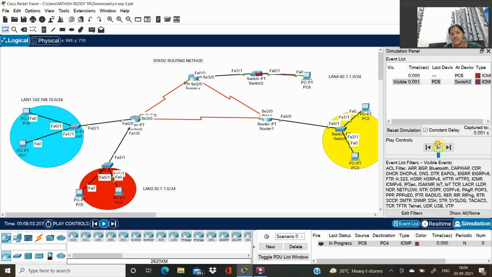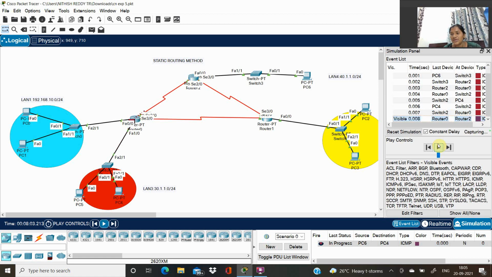From PC6 to switch 3, and from switch 3 to router 2, and then from router 2 to router 0, and then from router 0 to switch 2, and then from switch 2 to PC4, and from PC4 to switch 2, and from switch 2 to router 0, and then from router 0 to router 2, and then from router 2 to switch 3, and from switch 3 to PC6, which is done successfully.